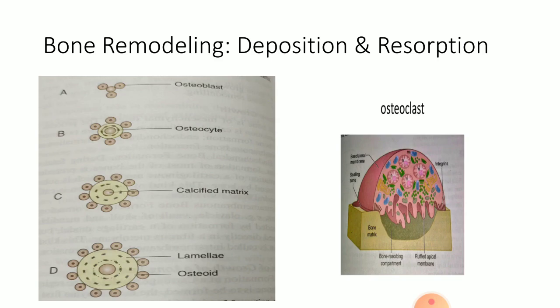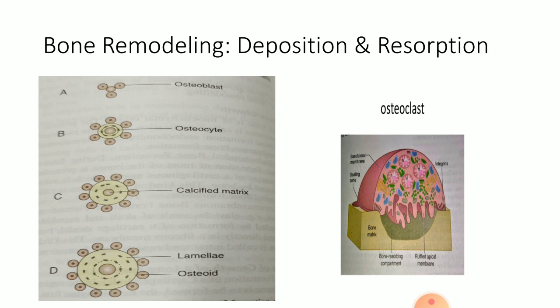Now something about bone remodeling. What do you mean by that? Bone remodeling is a process comprising of bone deposition as well as bone resorption. These two processes, though contradictory, simultaneously run throughout the life in different segments of bone with no resultant growth or resorption of bones of the body.